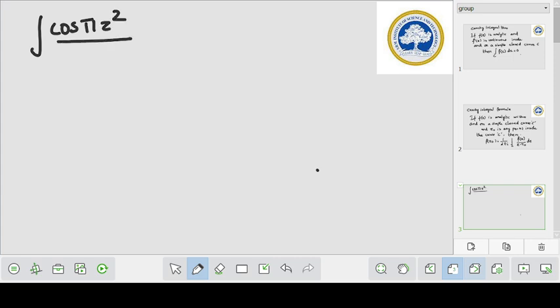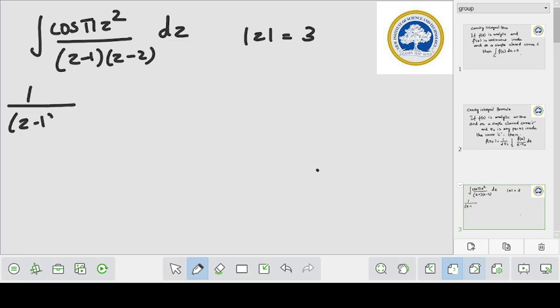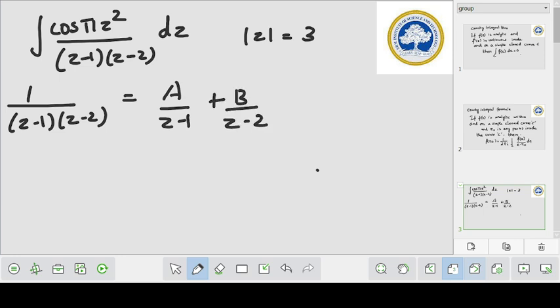Evaluate the integral of cos pi z squared by (z minus 1) into (z minus 2) dz, where C is the circle mod z equal to 3. Since the denominator is a product, you have to apply the partial fraction method. I hope all of you know how to apply the partial fractions method. So here you can split it as a by z minus 1 plus b by z minus 2, and taking the LCM,